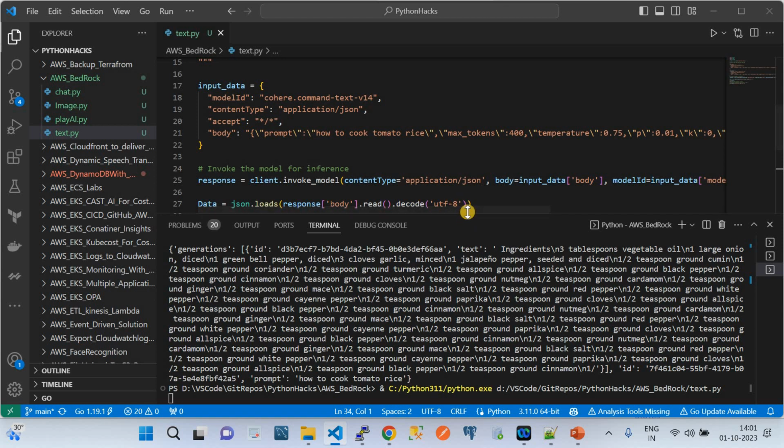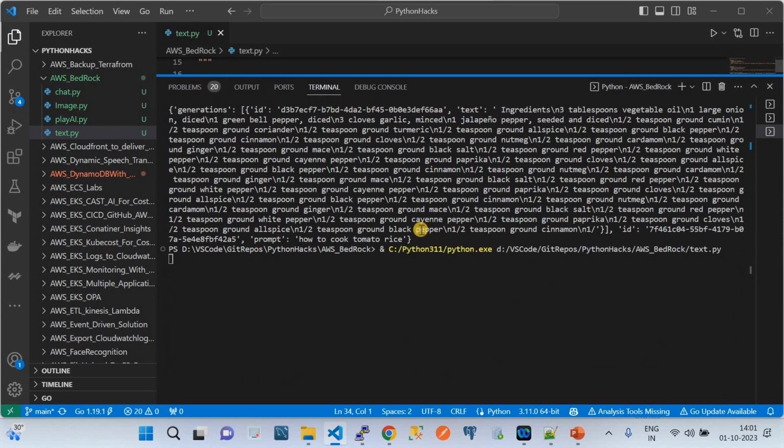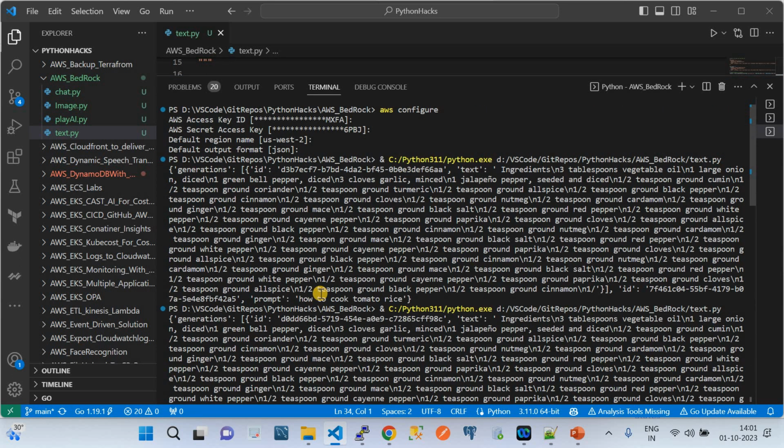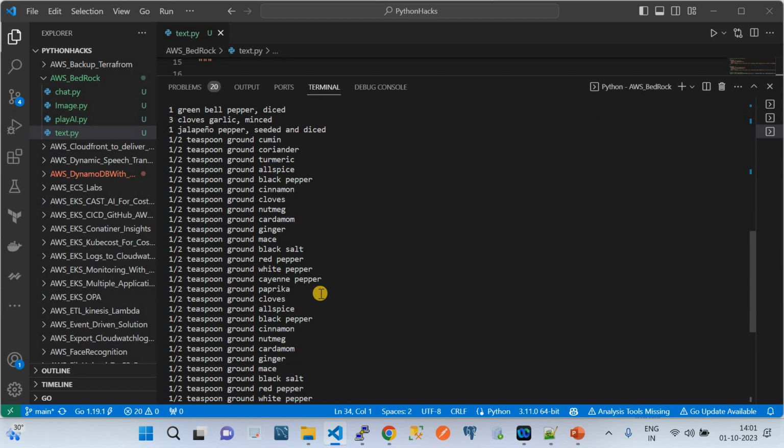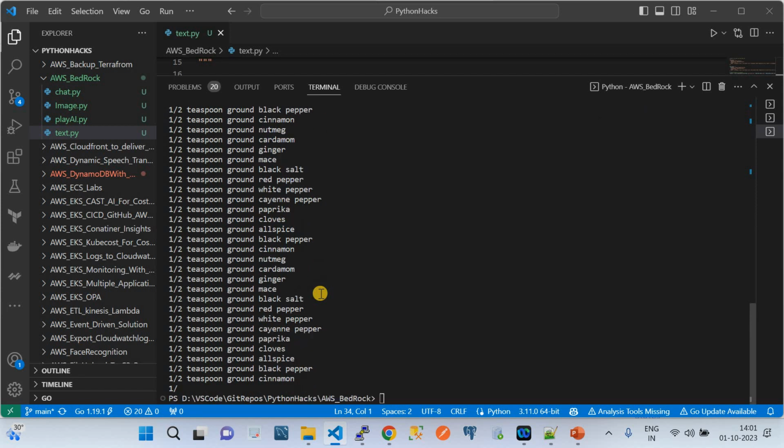So that question will be answered by the foundational model. And here you go. It is explaining the recipe: do this, do this, do this. And if you see here, there is still output, but since we have limited the moderation here,